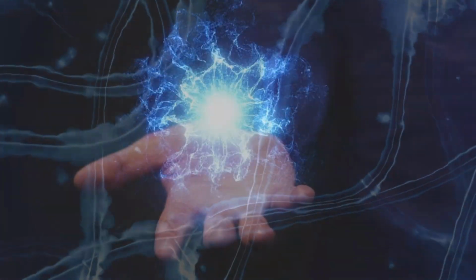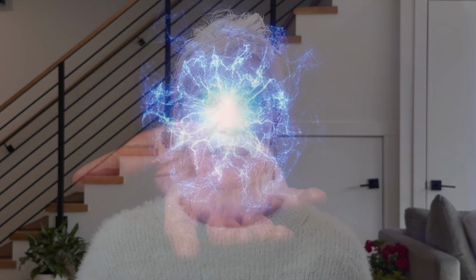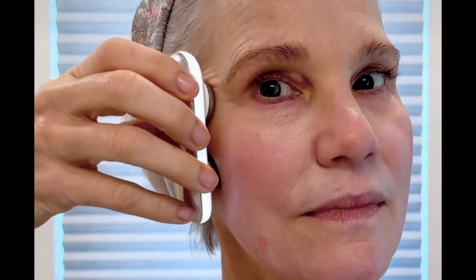routine. Microcurrent is a small current that mimics our body's own natural current. The body is made up of all kinds of electrical impulses and currents that are flowing through our body, and what microcurrent and nanocurrent does in the case of ZIIP is mimic the body's own natural currents to stimulate cellular health. Now you can do this through LED therapy, you can do this through microcurrent, you can do this through